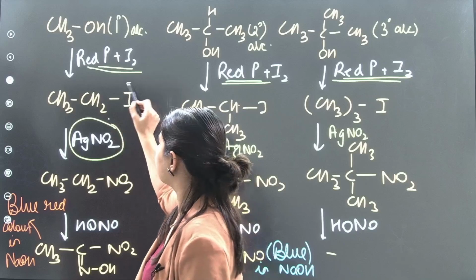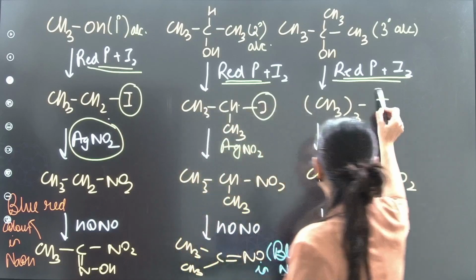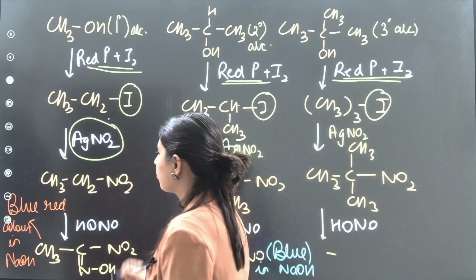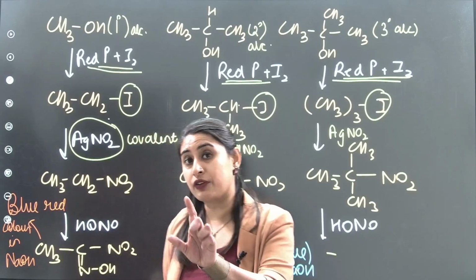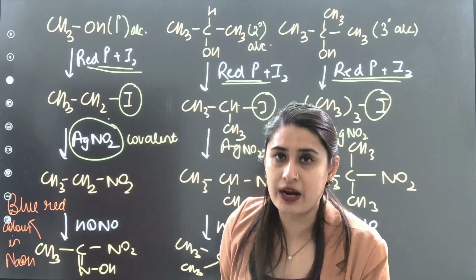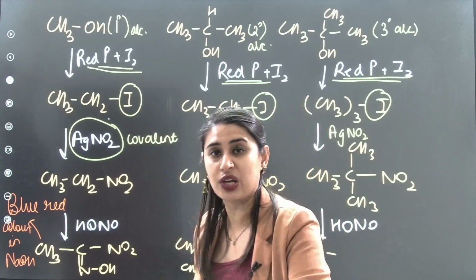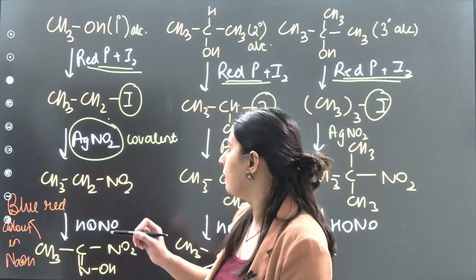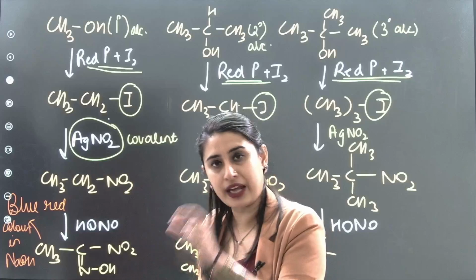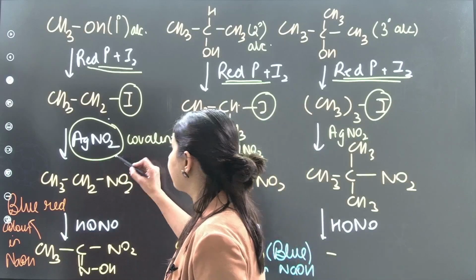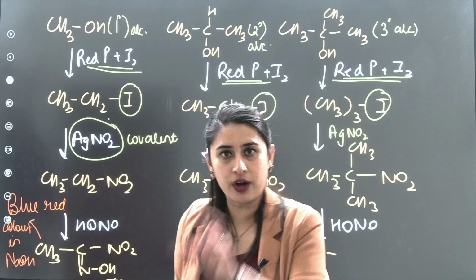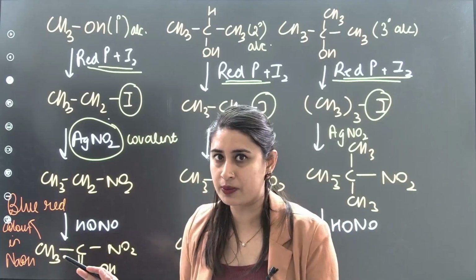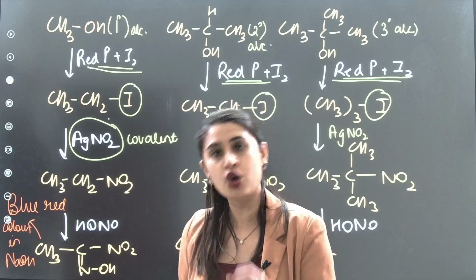But now that we have a good leaving group, iodine, if I add AgNO2, remember this is a covalent compound. If I had KNO2, I would have got ONO as our product. But because we have added AgNO2, which is covalent in nature, the bond formed is between carbon and nitrogen, because you do not have the possibility of the oxygen attacking. The carbon-oxygen bond is stronger, but that is not a possibility because we do not have an ionic compound. We have a covalent compound.